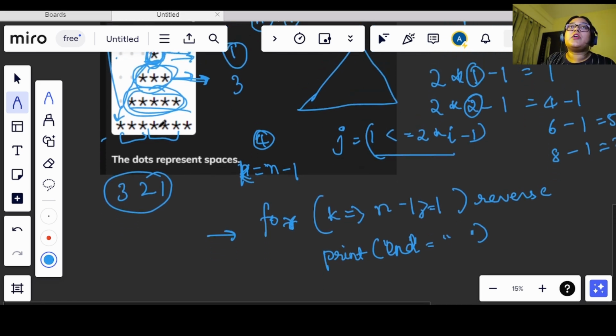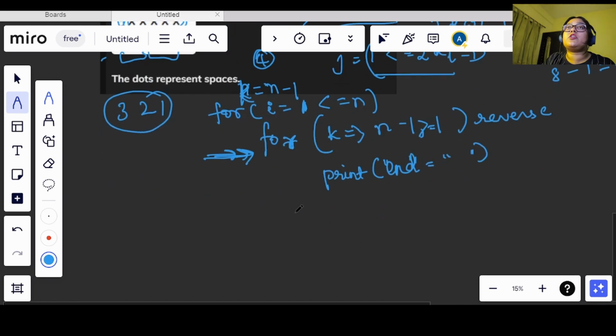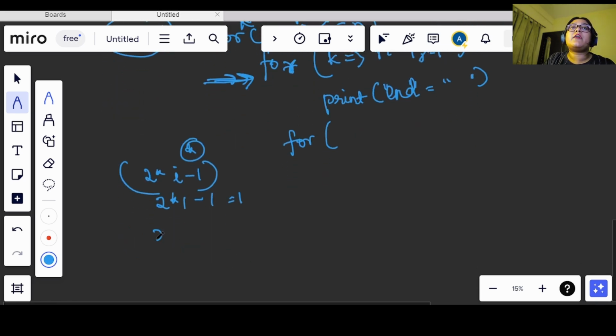So this will be inside a loop, in which I is starting from 1 and going till less than equals to n, and after the space is getting printed, we will have a j loop which will be printing the stars. And how many times are the stars getting printed? 2 multiplied by I minus 1 times. Because when I is equals to 1, 2 into 1 minus 1 gives 1 only. In the same way, when I is equals to 2, we have to print 3 stars only, and 2 into 2 minus 1 gives 3 only.